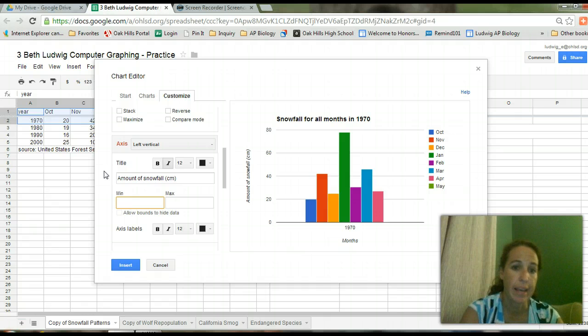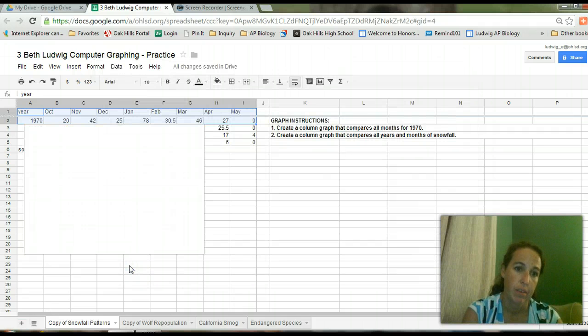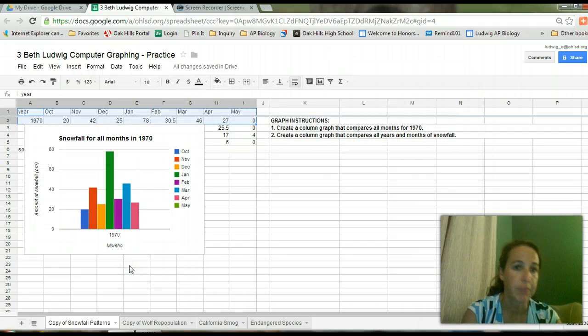And at that point, I have everything labeled. I have my y-axis labeled, my x-axis labeled, my key is all filled in, and my title, snowfall for all months in 1970. So then I can click insert. And there it is. Perfect. Done. So right now you can see that it's covering up my data, so I would have a hard time